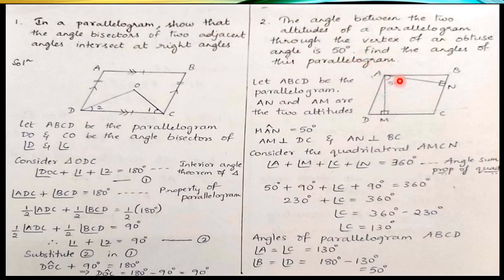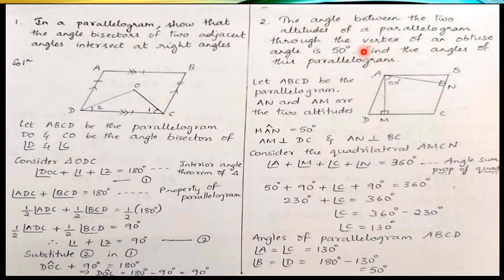So you can see this is the obtuse angle, isn't it? Angle A is clearly obtuse and angle B is acute. You can see the parallelogram here. According to the shape of the parallelogram in the diagram, we drew angle A as obtuse and angle B as acute. In that way only we did the diagram. So it is given that the vertex of an obtuse angle, that is A, is the vertex. So these altitudes are meeting at this vertex of the obtuse angle and they are forming angle 50 degree. That is what the question says.